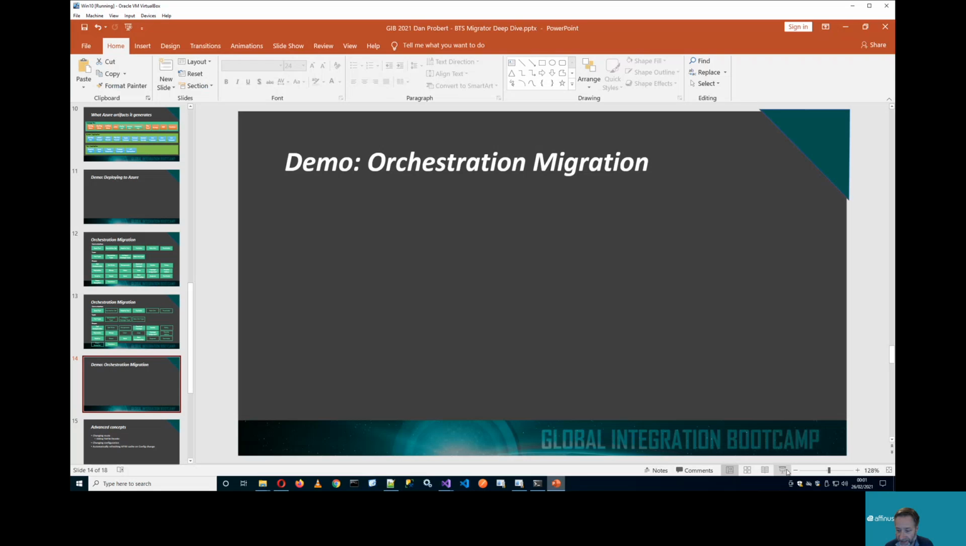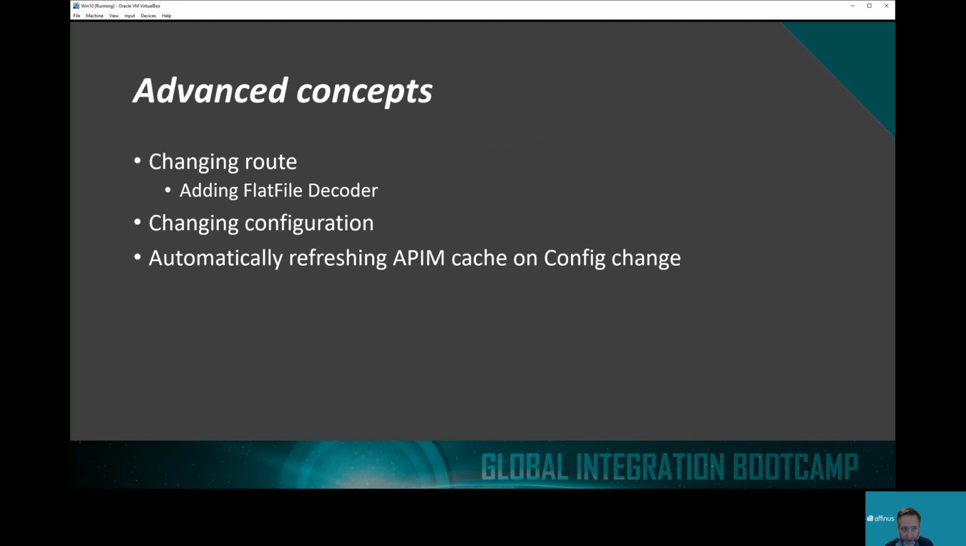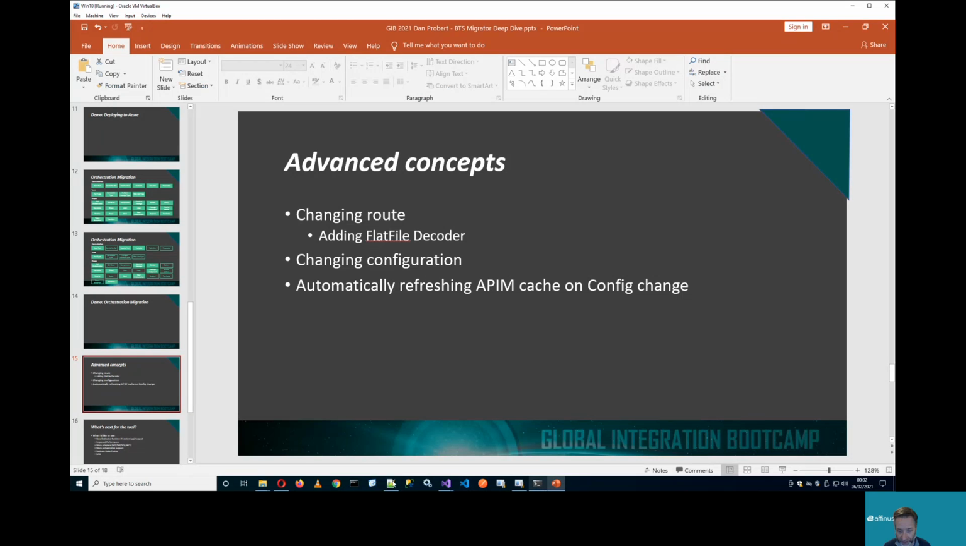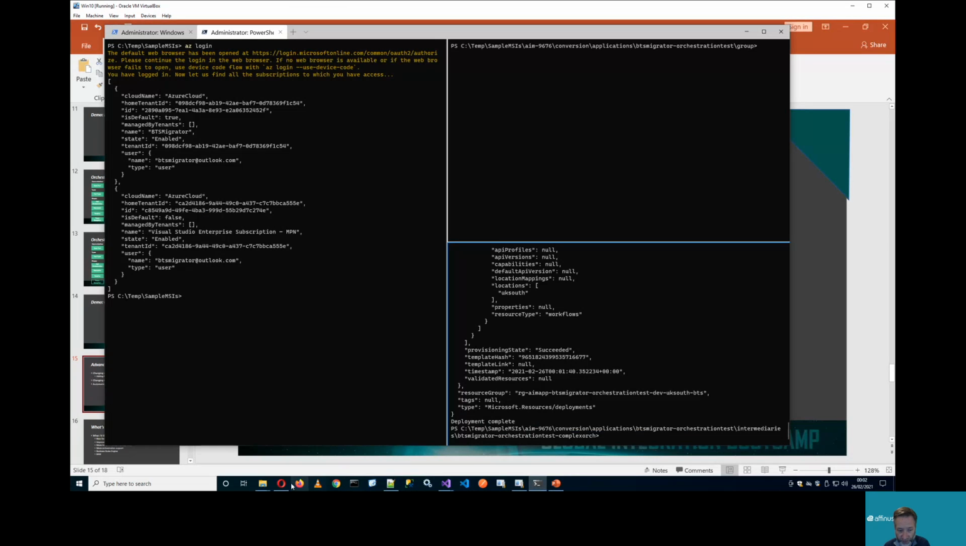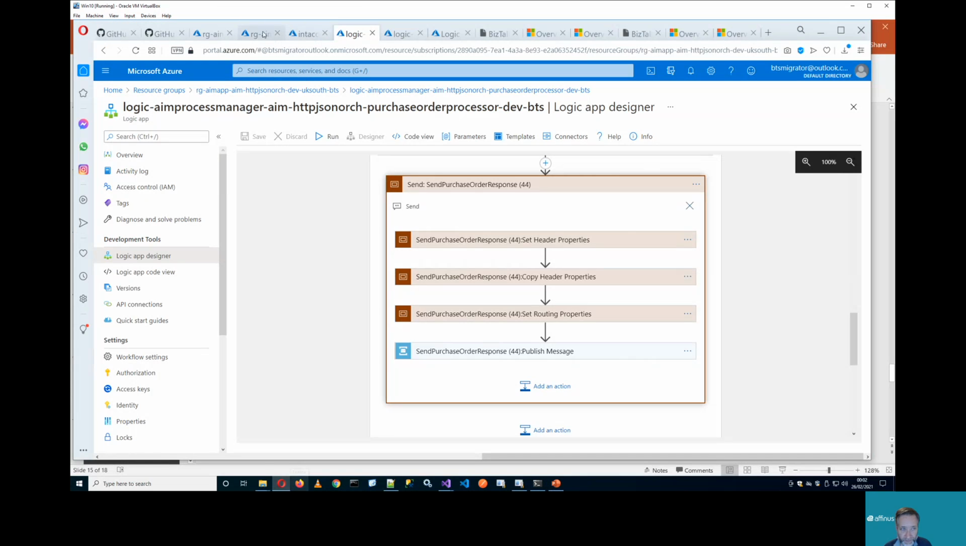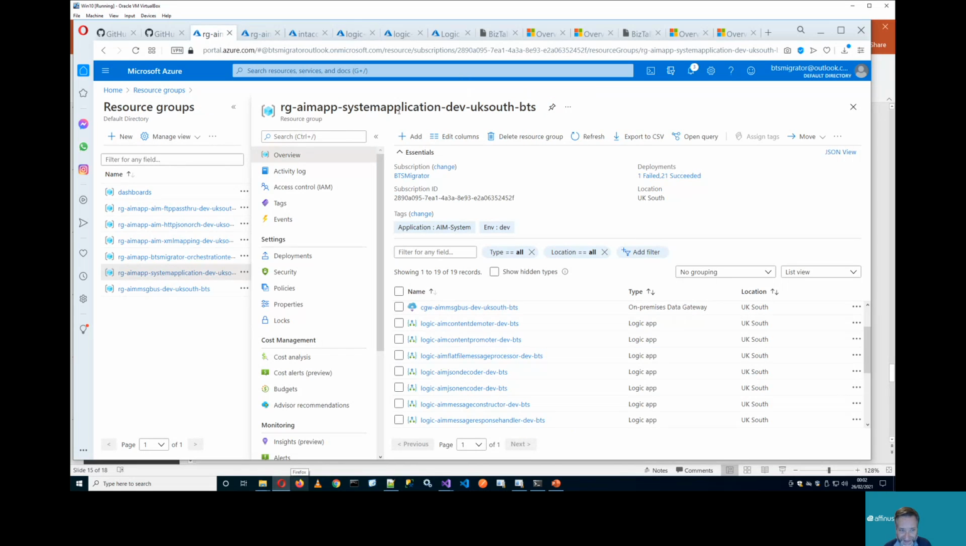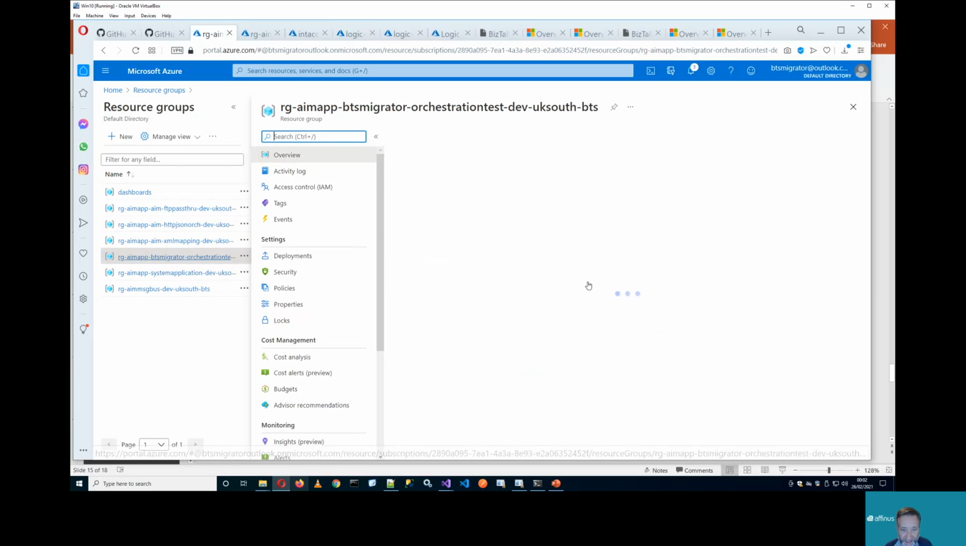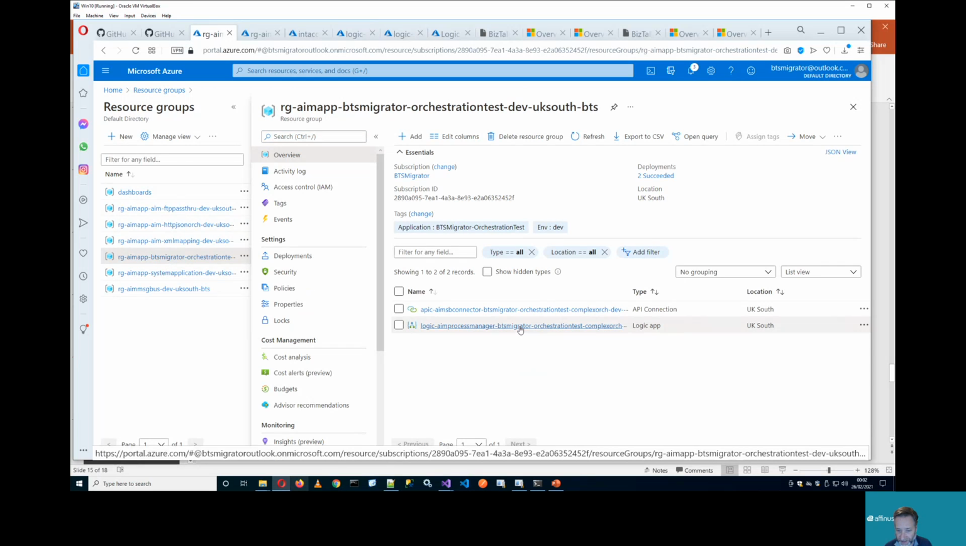Whilst I'm waiting for that, I will just say advanced concepts I'm going to look at quickly. How do you change the route? So if I wanted to, in a pipeline, insert the flat file decoder, how do I do that? And how do I change the configuration? And how do I refresh the cache? So we'll come back out to here, and hopefully, yep, it's deployed the orchestration. I'm calling it an orchestration, it's not really, it's a logic app. But if I find that it's here, and here we go, these are the two things that are deployed,